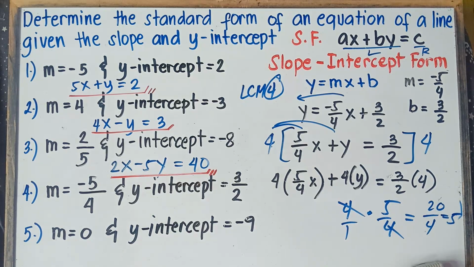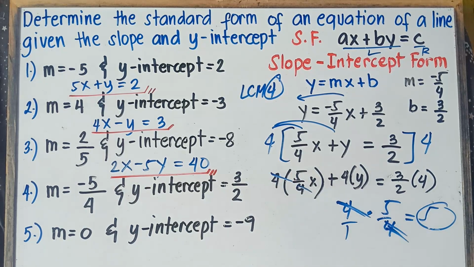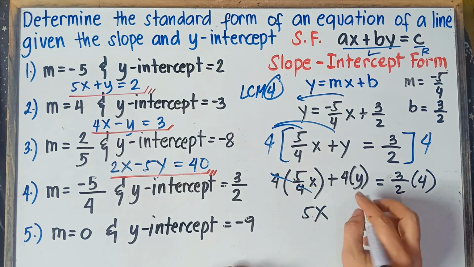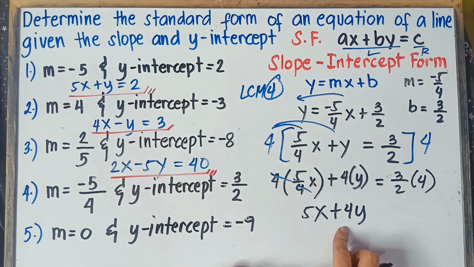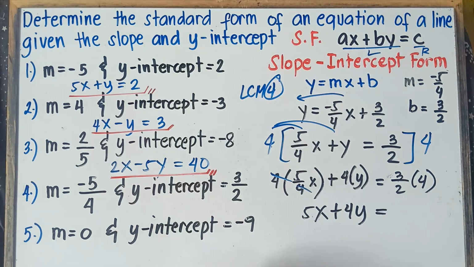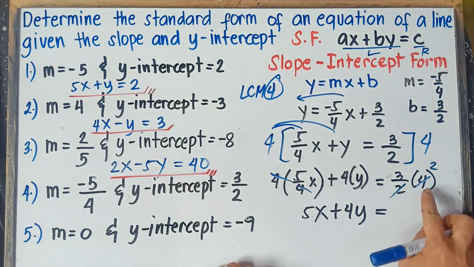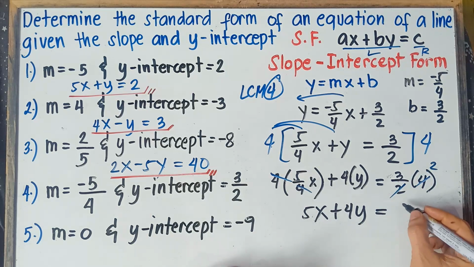It will take time, class. That's why you can simply cancel this out, and the answer is 5. Simply copy 5, cancel this out, the answer is 5x. Alright, and then this one, copy. 4 times y would be positive 4y. Copy the equals sign, and then we can cancel this out. 4 divided by 2 would be 2. And then 3 times 2 would be 6.